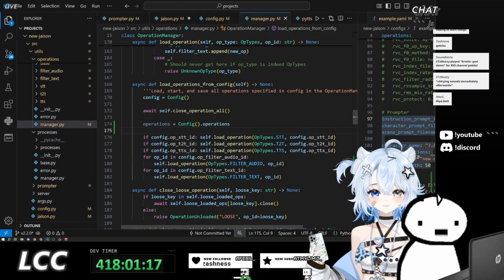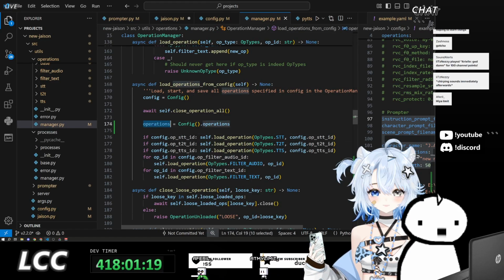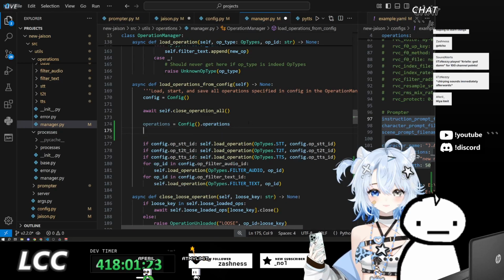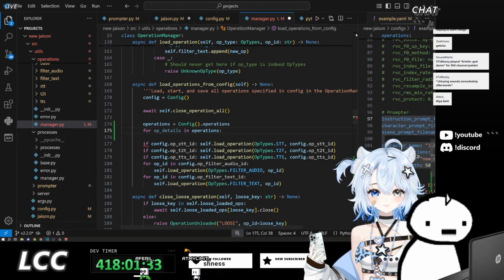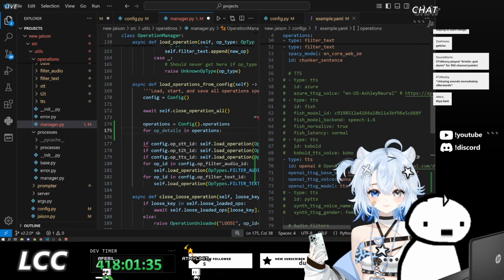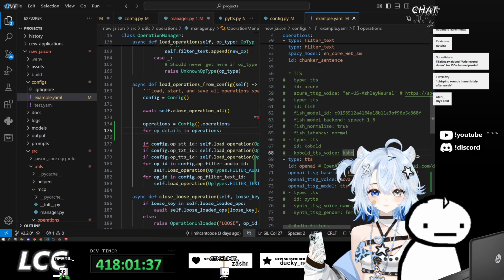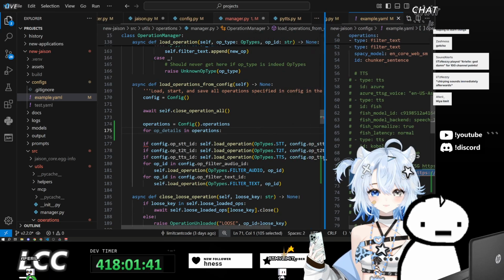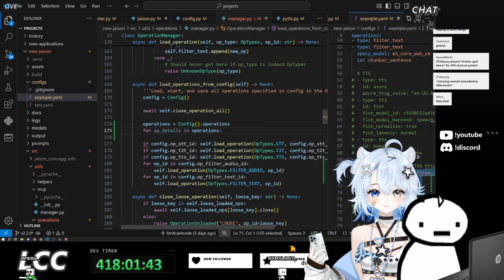And so for each of these, for op details in operations, this will go through each of these inside the list, and that'll give us the type, the ID, as well as the rest of the payload or the configuration dictionary that we should pass up.